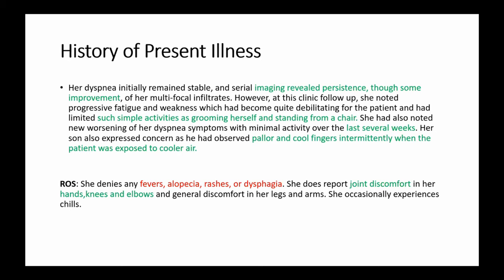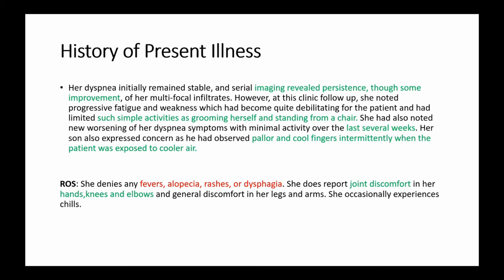She describes her weakness, and this is kind of getting into a more focal component of her weakness. She describes it as difficulty grooming herself and standing up from a chair. To me, that sounds proximal. So there is a focal component. Dating back to kind of medical school, step 1, step 2 buzzwords, when I hear proximal muscle weakness, to me, I think something like a dermatomyositis or polymyositis. Other causes are out there, but that's kind of what pops into my head first.